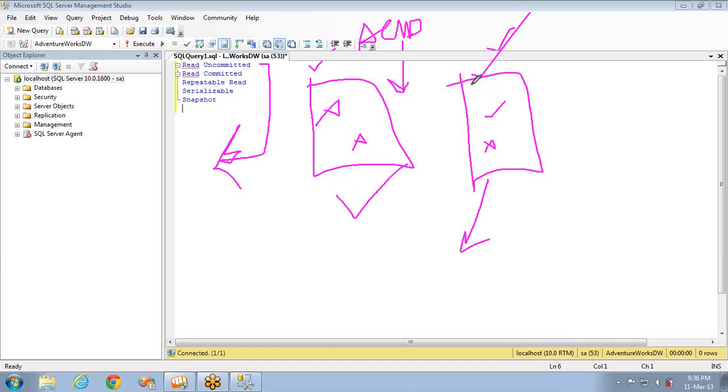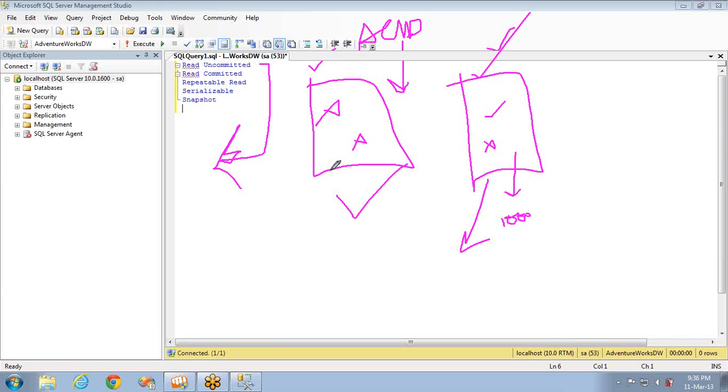So let's say the first transaction is inserting some 1,000 records. Observe this very carefully. I already have 1,000 records in a table, and this transaction is inserting one more 1,000 records into this particular table.